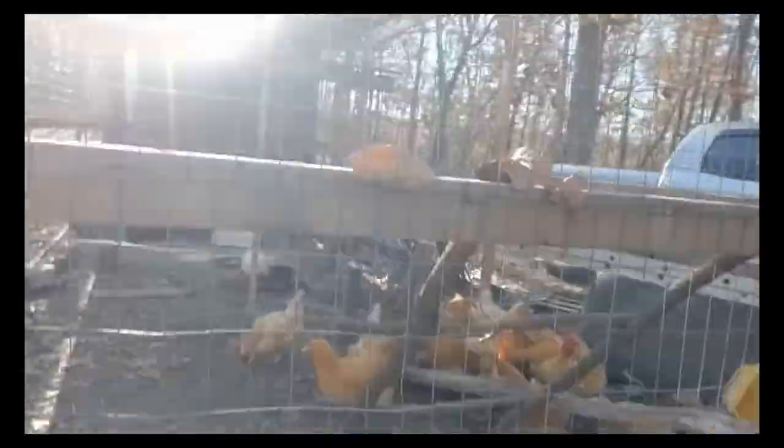It's windy and it's cold, and I made a big huge mistake when we got our new flock of chickens, all our new buffs. You see them in there? The morning that I went to pick up the new buffs, sorry about the wind, it's really bad, I got a call from Super Dad and Cotton Top